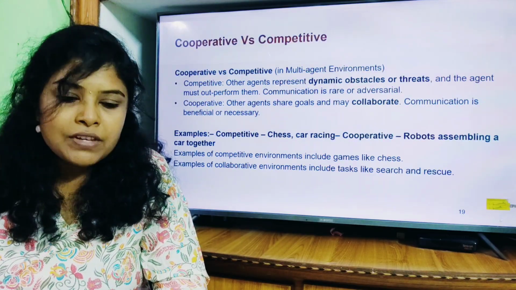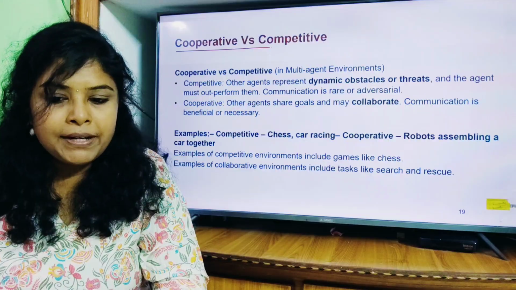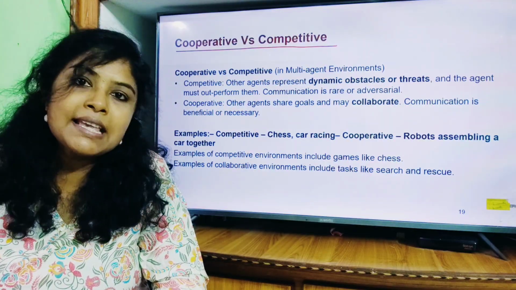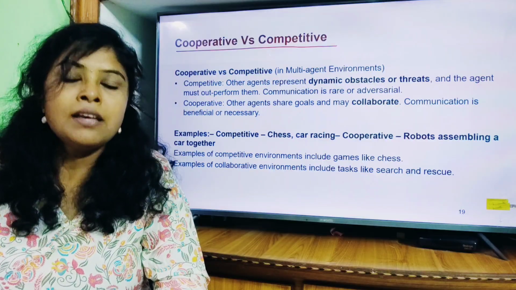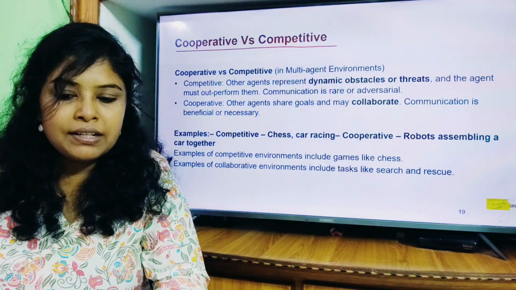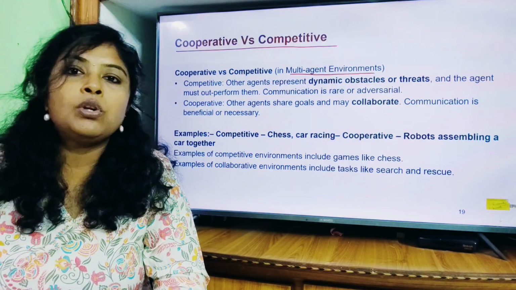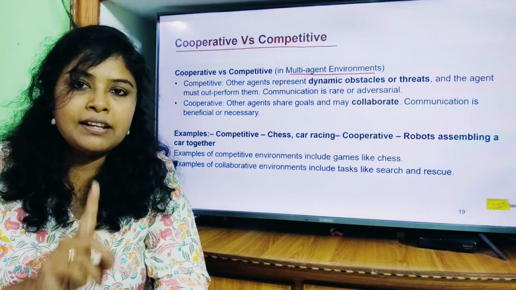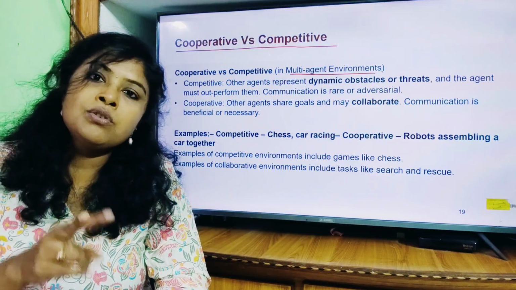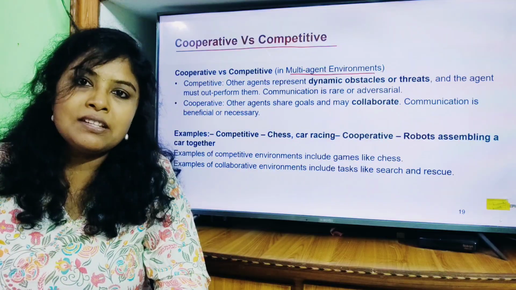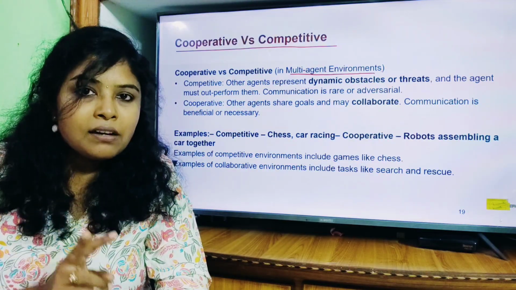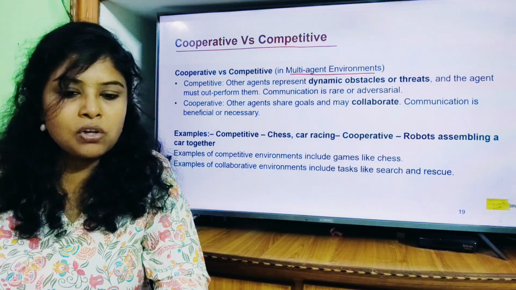Coming to the next one, which is cooperative and competitive. I already discussed this when I discussed single versus multi-agent. So in a multi-agent environment, two agents will exist, two or more than two. That is definitely not single. So there those agents can cooperate with each other or they can compete with each other. Depending on whether they are cooperating or competing, we will call it